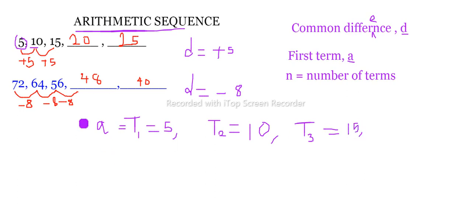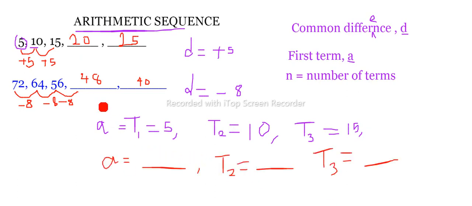Do you get that? So for the second sequence now, can you answer that? What is the first term here? In the second sequence, we have 72. Good. What is the second term? That is 64. Good. What's the third term? That is 56. So do you get that? So that is for an arithmetic